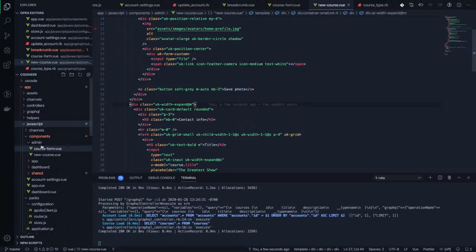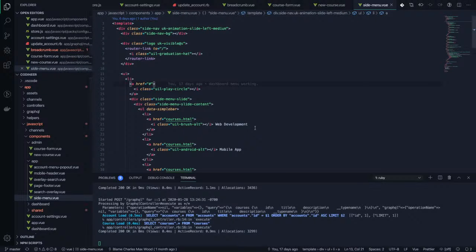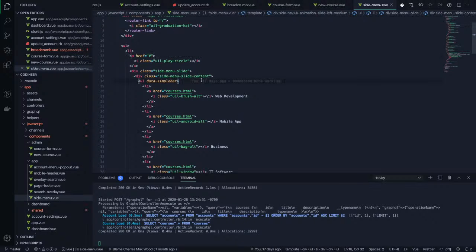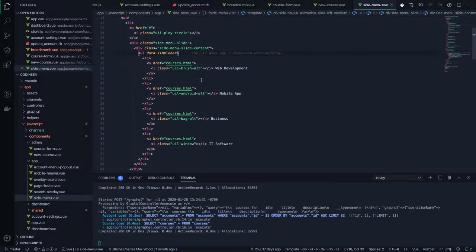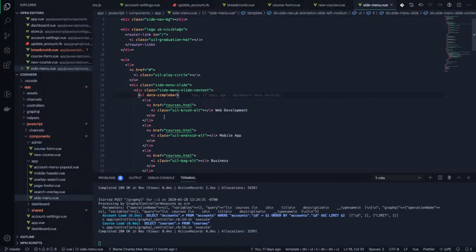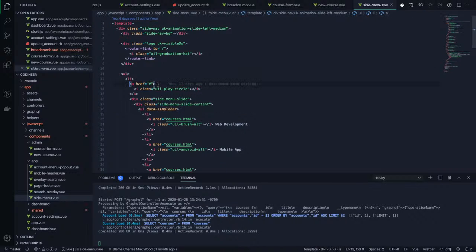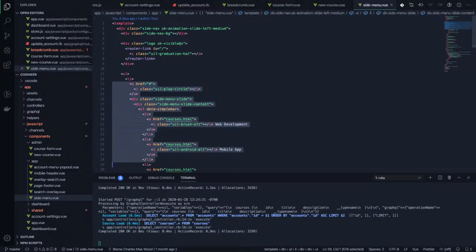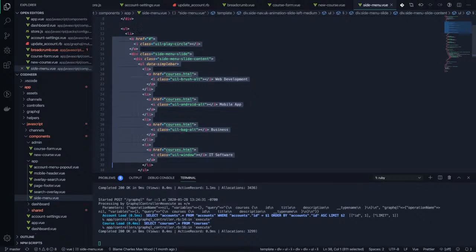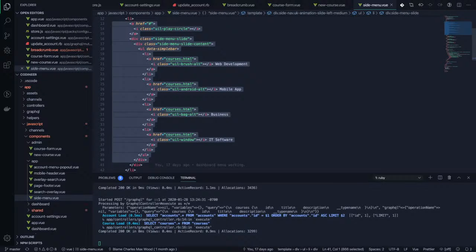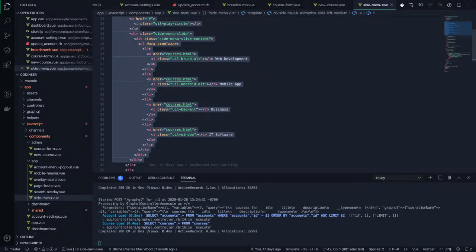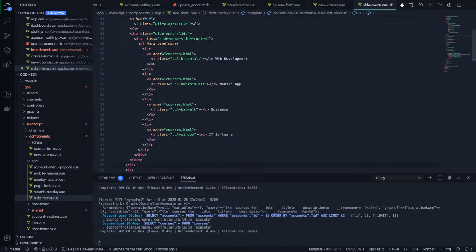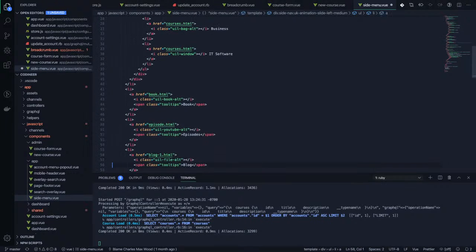So, app, I think it's under app, side menu, right? So this is the side menu right here. So then